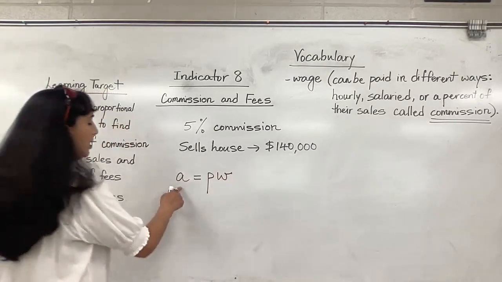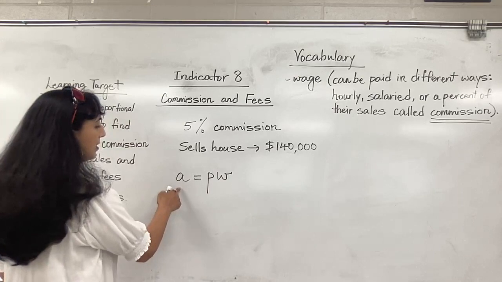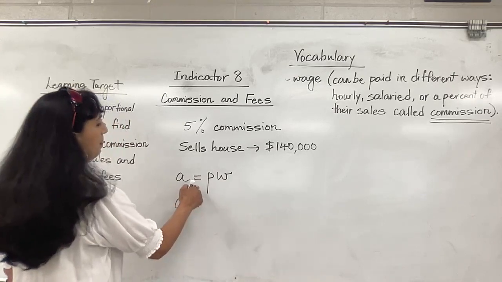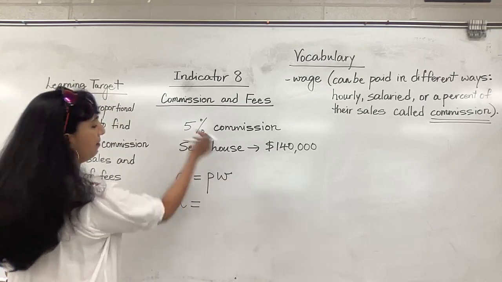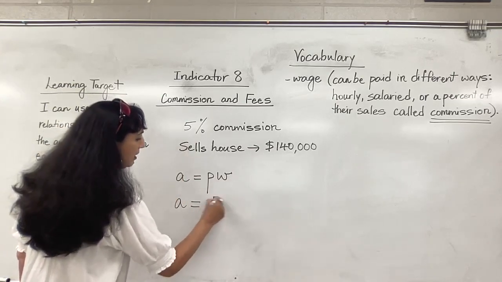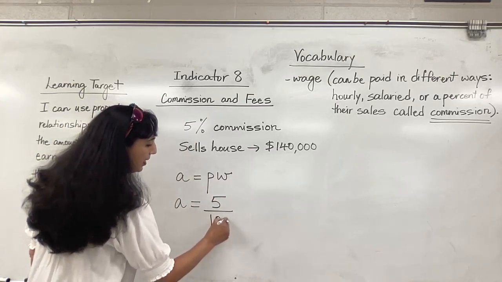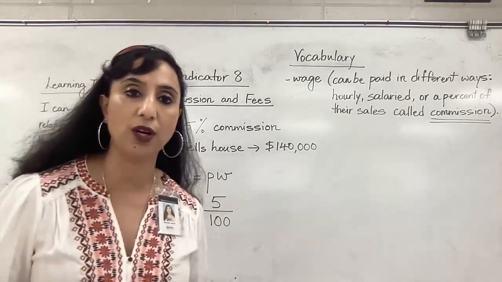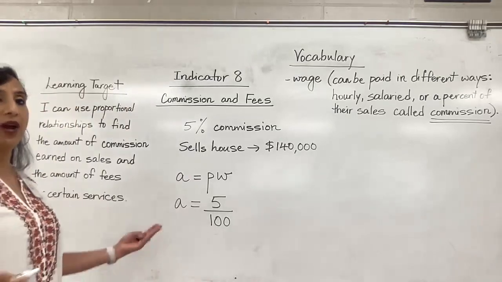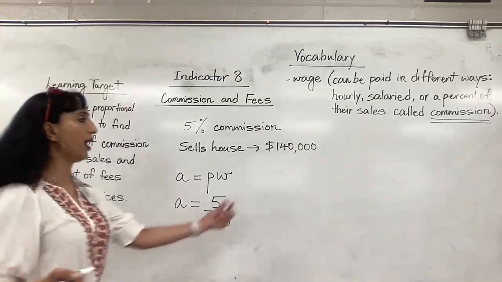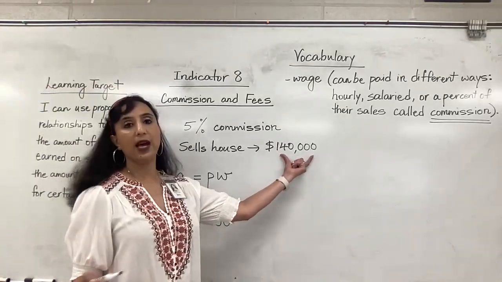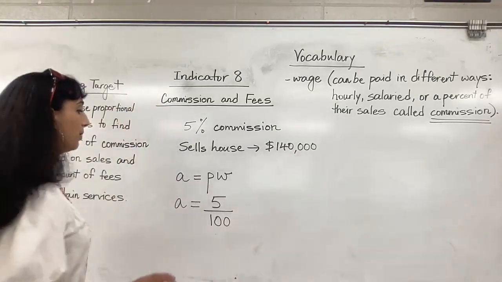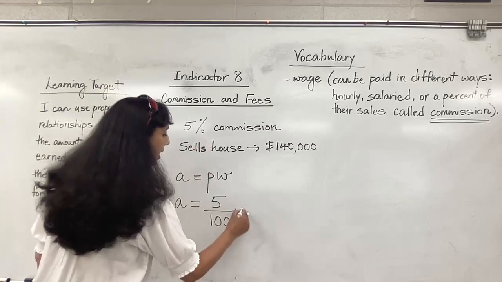The amount that he is getting as a commission, A, is equal to my percent, which is 5%. I'm just going to write it as 5 over 100, because you can write it as a decimal and multiply, 0.05, if you choose to. But I'm writing it as over 100 because when I look at these numbers, I know that those hundreds will easily be divisible. And the whole is what? Times